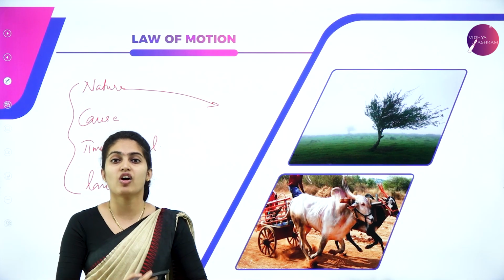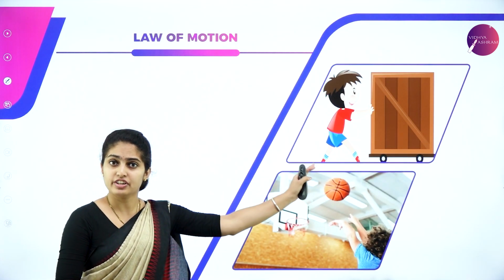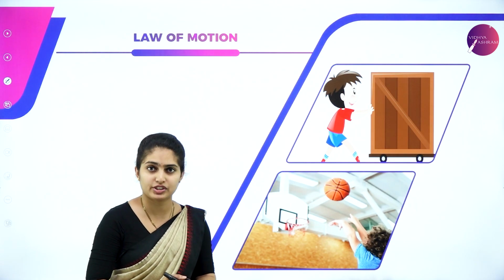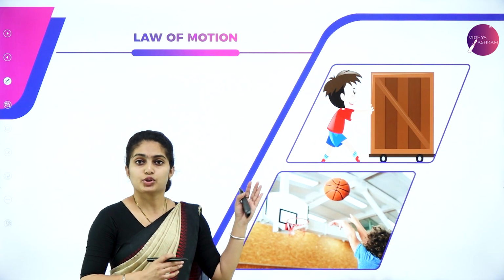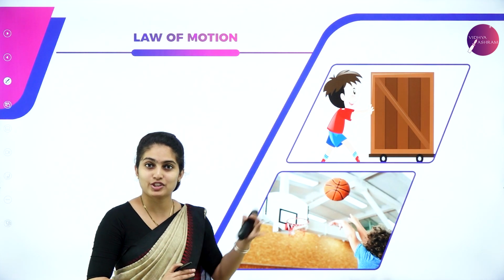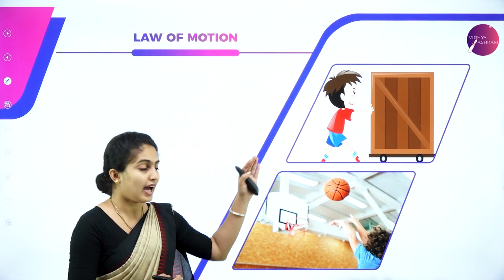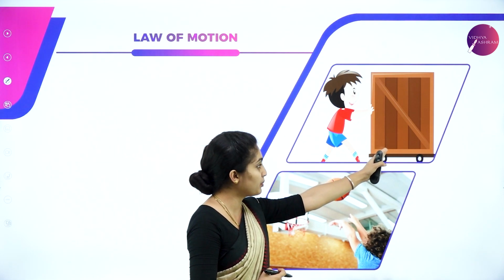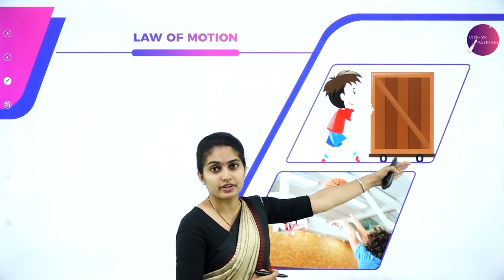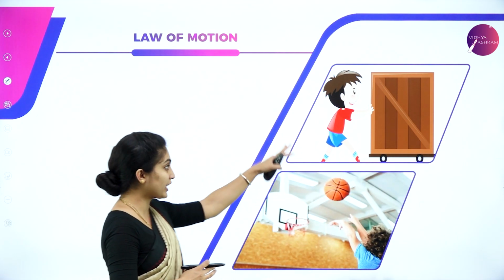We study its laws. Okay, so in this slide you can see a boy is pushing a wheel as well as a box which is placed on that wheel over there. So here we can see the movement of the boy, the friction which is caused by the floor, as well as the rolling motion of those wheels and the movement or the static position of an object upon the wheel. Okay, so this is all what we can see here.